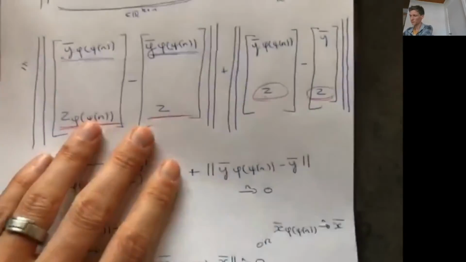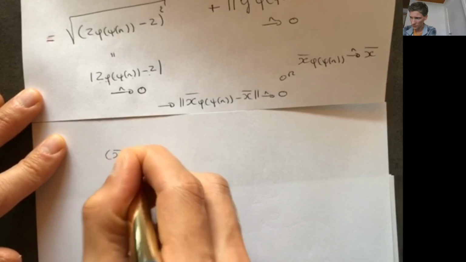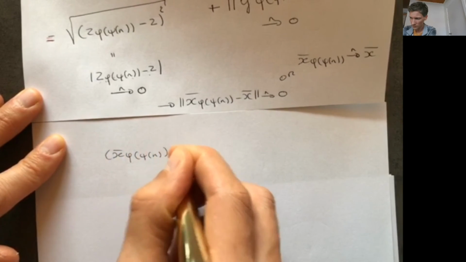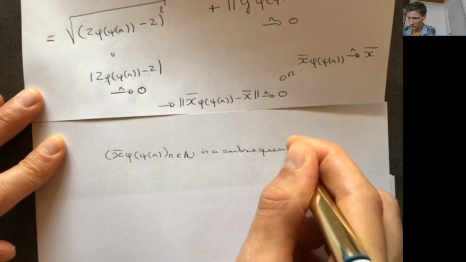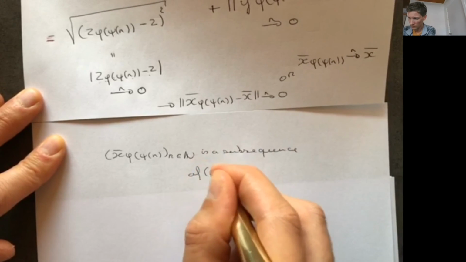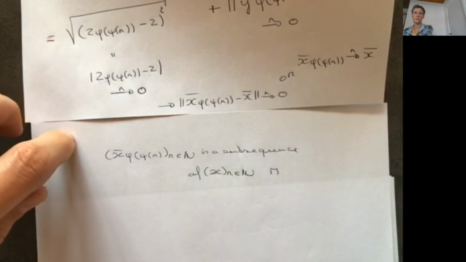And if I may conclude, right, x phi psi n is a subsequence of xn, and it converges. So we have shown that there's a subsequence of xn that converges. Okay, so this was a bit of a long proof, so please allow me to go over it again, just to give the flow of the proof.